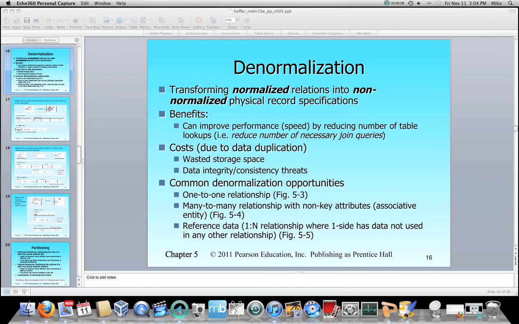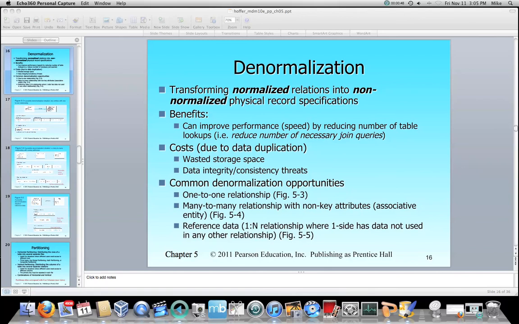During the logical database design process, when we were setting up our ERDs, we followed a methodology called normalization, for the first normal form, the second normal form, and the third normal form. We basically stopped at the third normal form. We did that in order to avoid data anomalies, whether due to updates, deletes, or inserts. Now we're going to talk about what's known as denormalization, and we denormalize due to